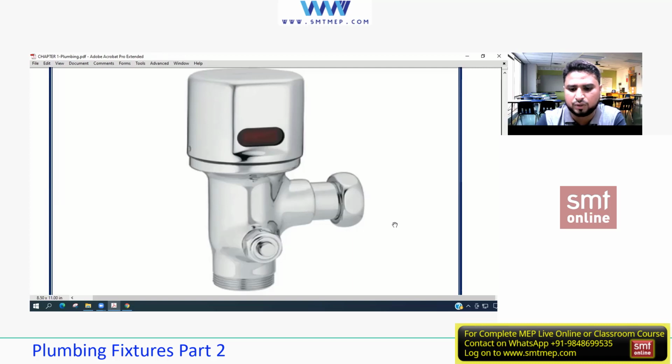That's what I'm saying. But what is the difficulty, Fahad, over there? Disadvantage? There is an advantage, but there is one more disadvantage also. This is the very best for a urinal, but for a laboratory I have one advantage and one disadvantage. The advantage is that it is recommended first of all for hospitals. Mostly you see this kind of thing in hospitals because we don't know what kind of patient is suffering from what, and there are many visitors also. The doctors too, it is a common fixture. It should not transfer any kind of disease from one person to another. So this has decreased the chances of transferring diseases from one person to another.